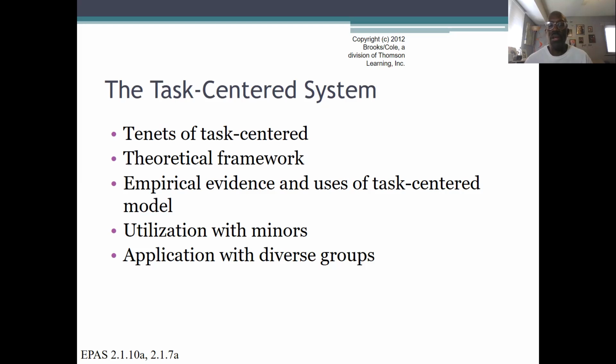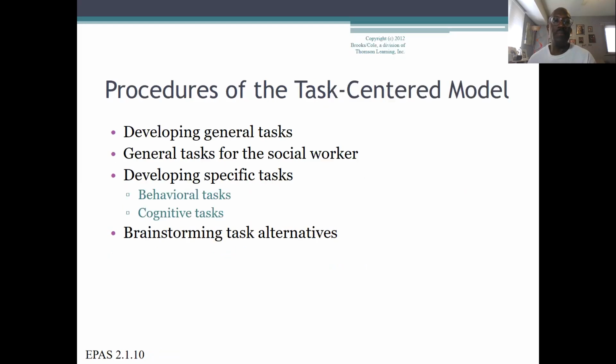So it works across a lot of different clientele. And so we'll look a little bit further here to see what some of those things might look like. Basically your task-centered model is really looking at what are the tasks that we need to think about and develop that will help you actually get to the goal of what it is you're trying